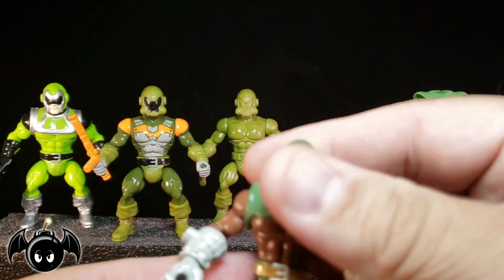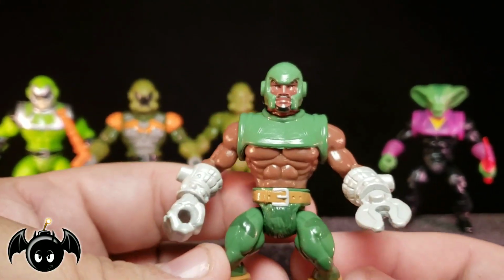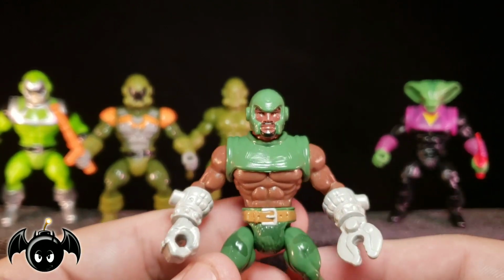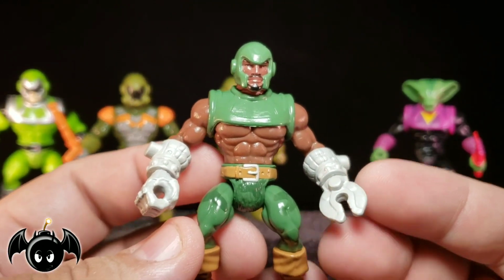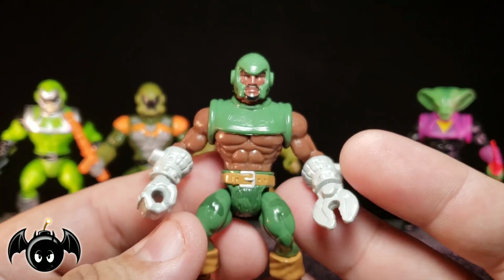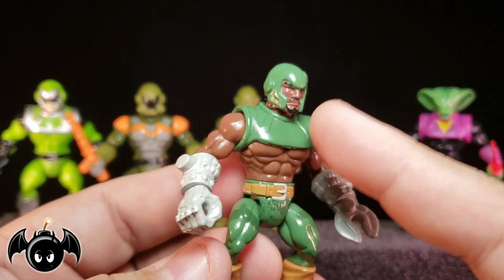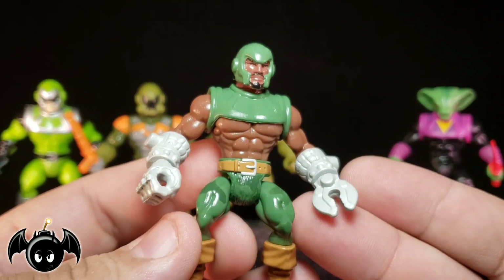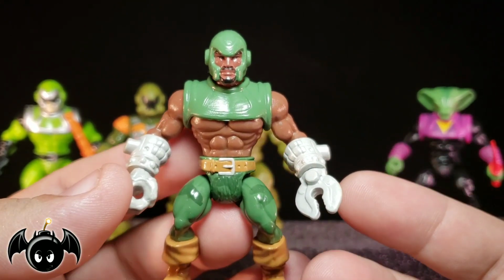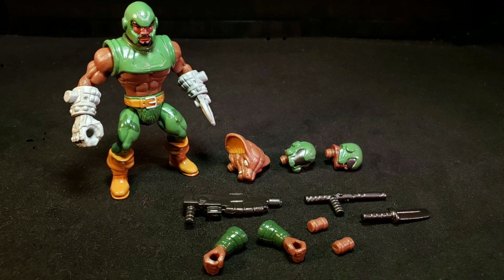Okay, so next up, I want to check out Jungle Mission's Clobber. Now this is really cool, just the fact that we're getting straight up variants of specific characters that are mission based. Now if you look back at the old G.I. Joe toy line, we got things like the Tiger Force Squadron, or whatever it was. Now we got this guy, which is Clobber, one of our main heroes and one of the Warlords of Wor, just in his jungle mission gear, which is actually really, really cool. And he does come with a ton of good stuff as well in those jungle mission colors, which just look